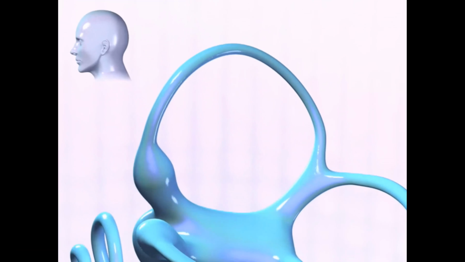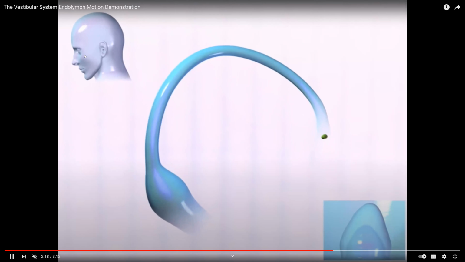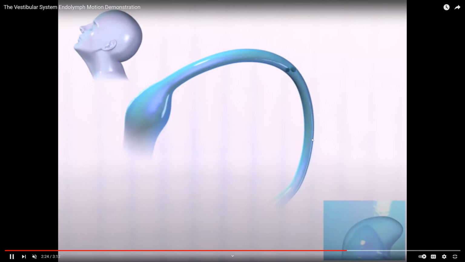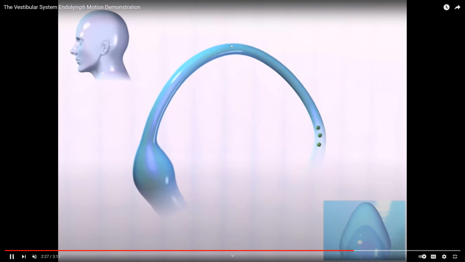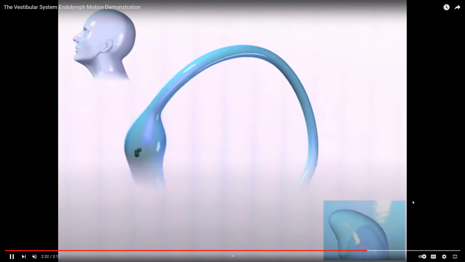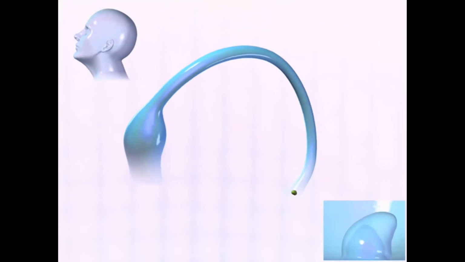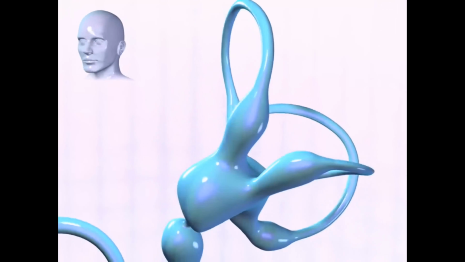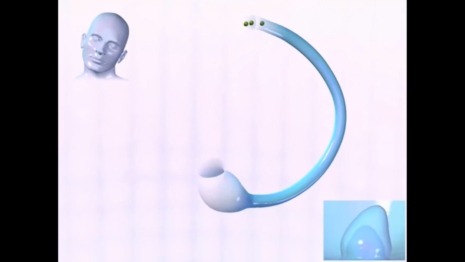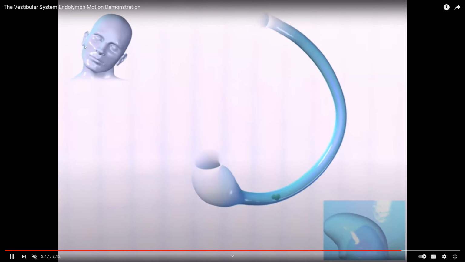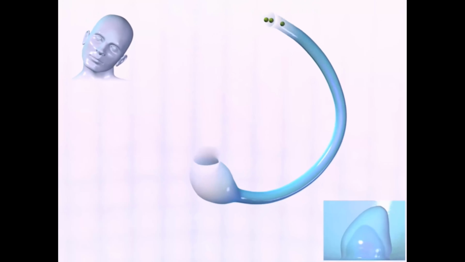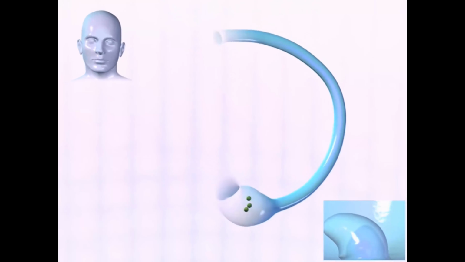So that was in one direction of movement. Now we're going to see a different direction of movement. So like nodding your head up and down will move fluid in this way, in this particular canal. And again, when the fluid runs over this cupula area, it will cause the cupula to bend, which will stimulate the hair cells. And again, they just put the 3 little green dots in there to help you visualize the fluid movement, because otherwise it could be difficult to visualize the fluid moving. And so this is the 3rd plane and the 3rd type of head movement that it will sense. So hopefully that helps you understand it a little bit better.